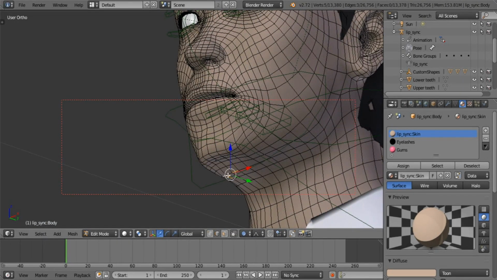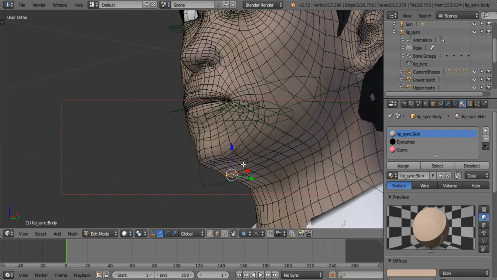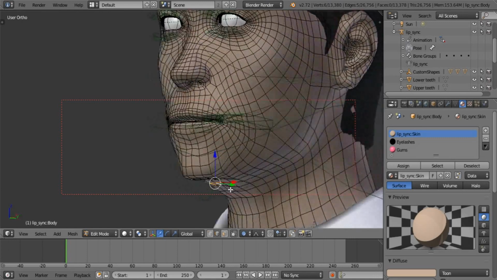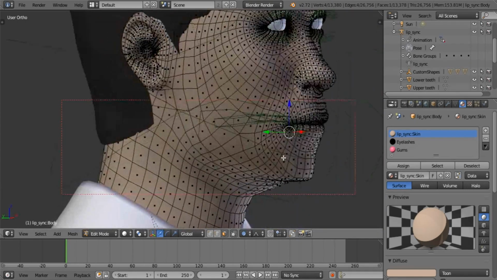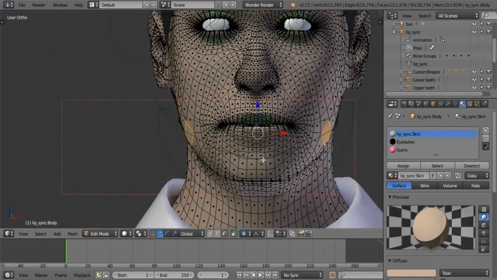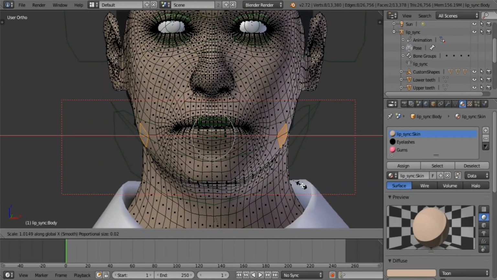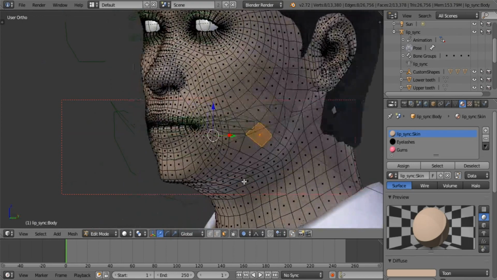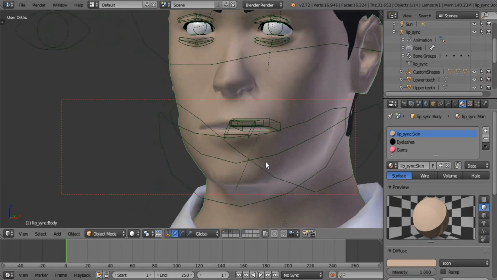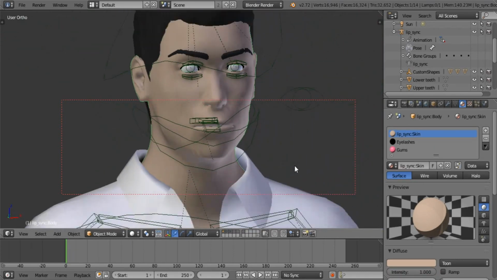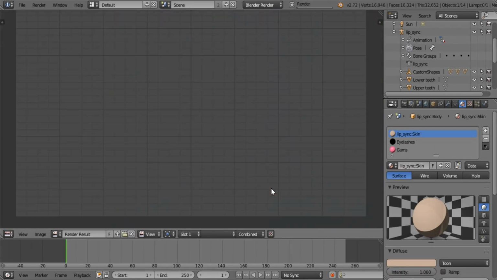I just want to drag this a little bit inward so that it fits. That's good. I want to select this intersection, pull it out slightly so we can get that corner of the jaw. See what that looks like. That looks cool. Now if you look at this when you render it,